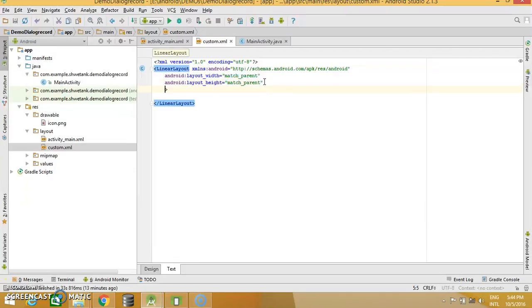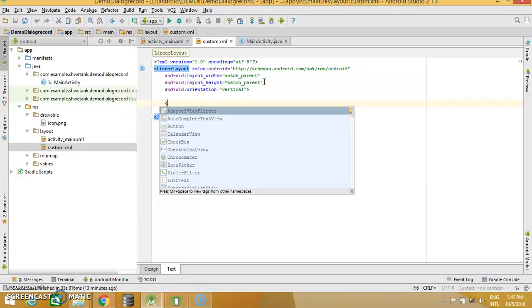There's only one thing which I need to do here, which is the orientation, because by default orientation is horizontal. If you don't specify it, then Android considers it horizontal. So I will make it vertical, and then I will start planning my